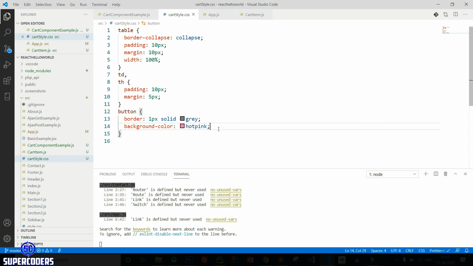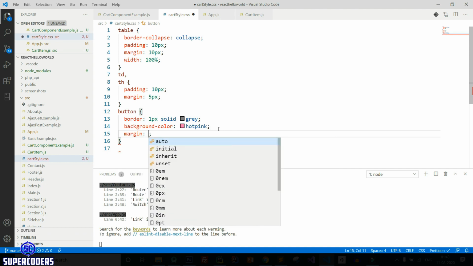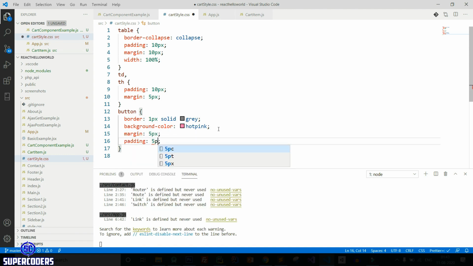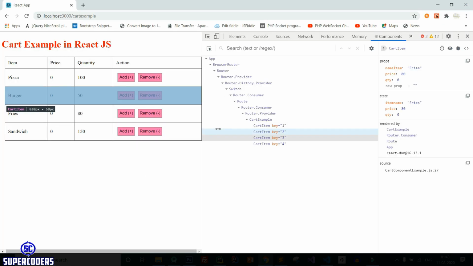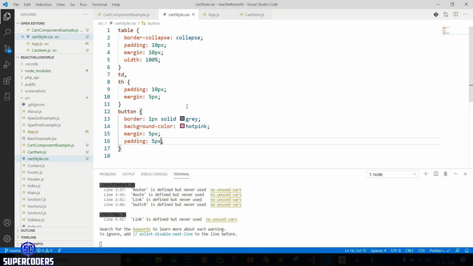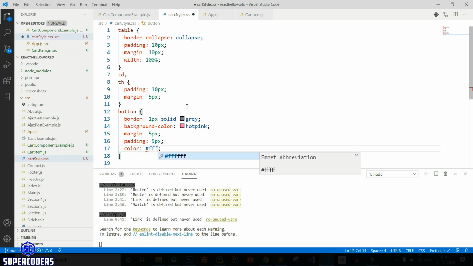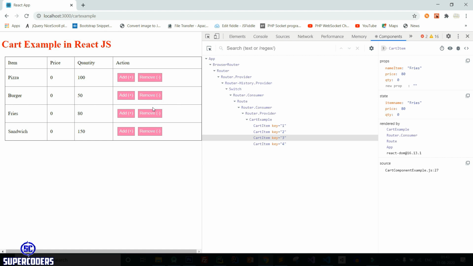Now it looks perfect. Margin 5 pixel, padding 5 pixel. Save it. Changing color also. So color. Now it looks perfect.